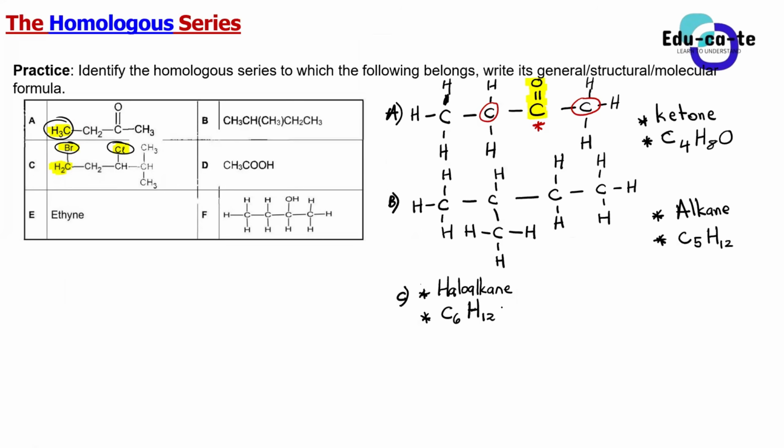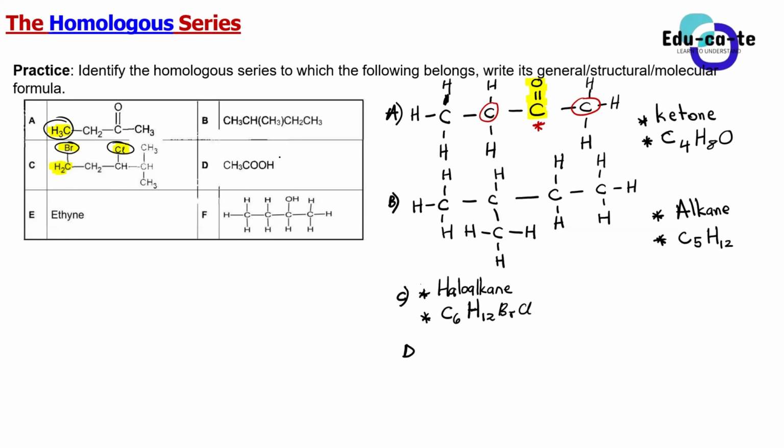Which one do you write first, Br or Cl, and why? Alphabetical order. If you go alphabetical order, guys, you need to remember that bromo comes first, B comes first. But usually the haloalkanes that they will give you to do the molecular formula of won't have 2 halogens. But for this one, we've got 6 carbons, 12 hydrogens, 1 bromine, 1 chlorine.